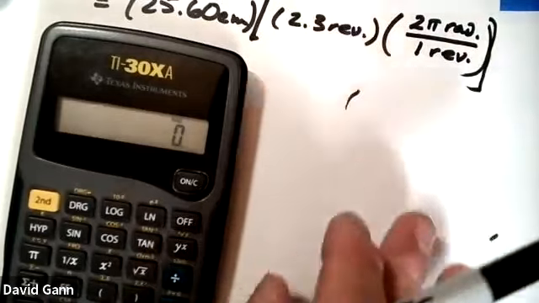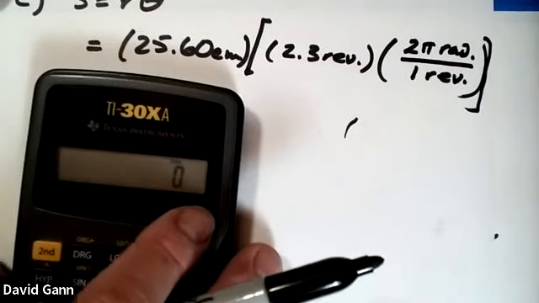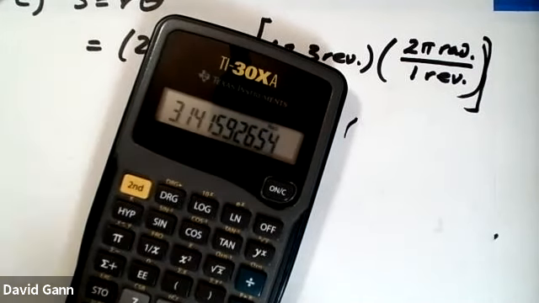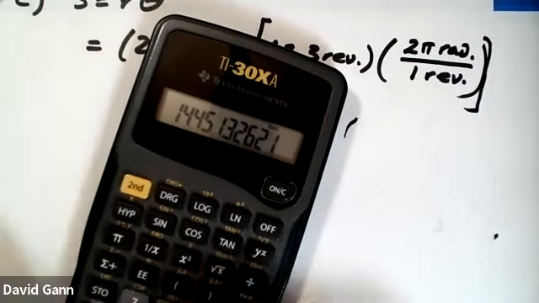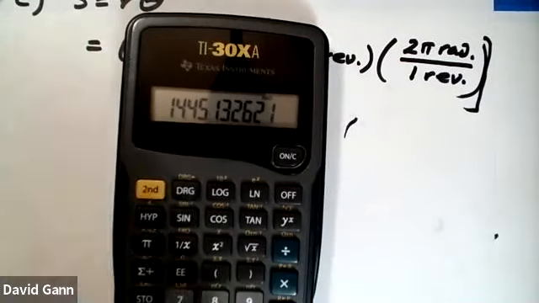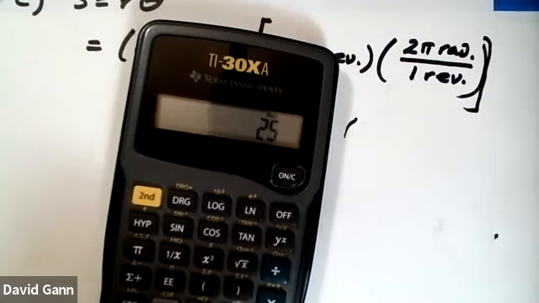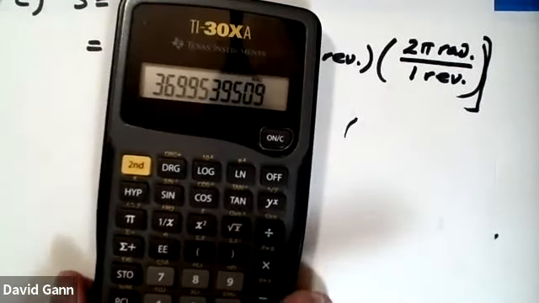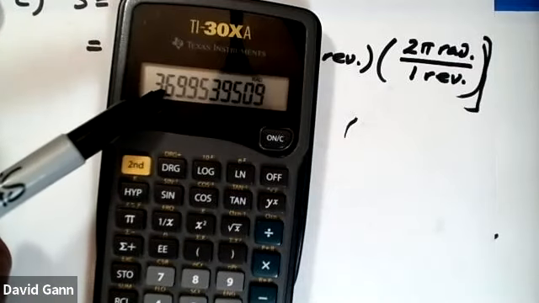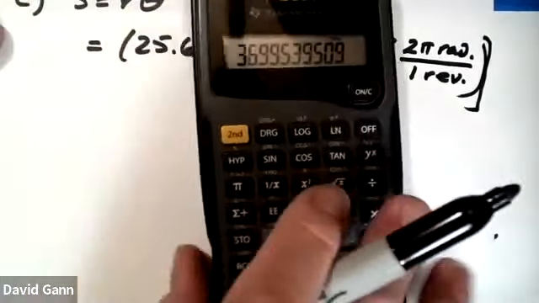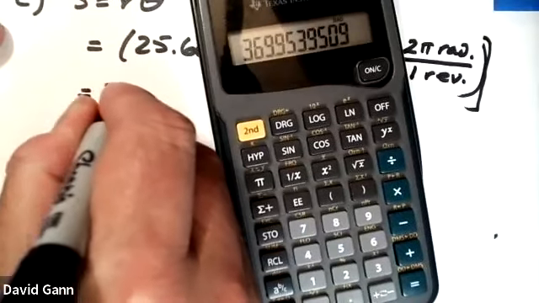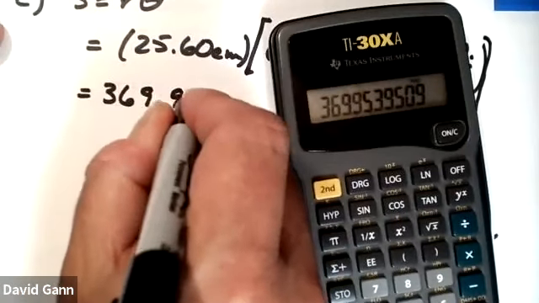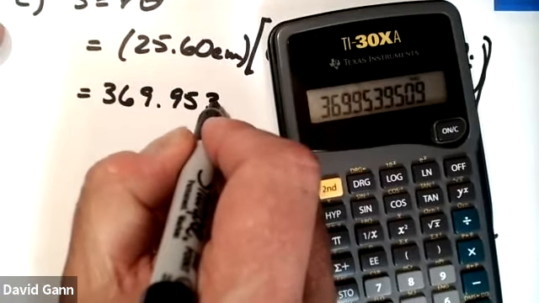So it's 2.3 times 6, should get about 12, 13, somewhere in that neighborhood. So 2.3 times 2 times pi, 14.45, whatever, that's my raw number. And then I'm going to multiply that by 25.60, which comes out as, I don't know if you can quite see where the decimal place is, but it's right between these two nines. So it's 369.9539